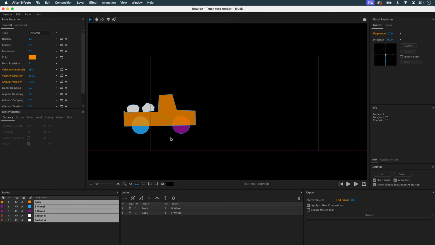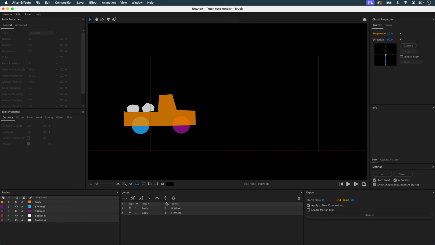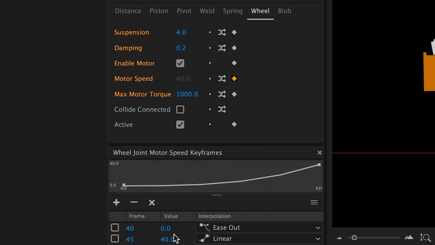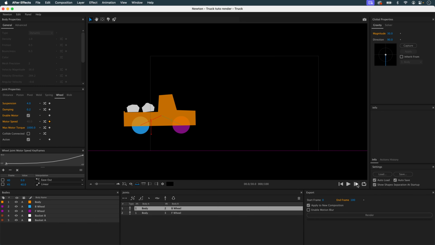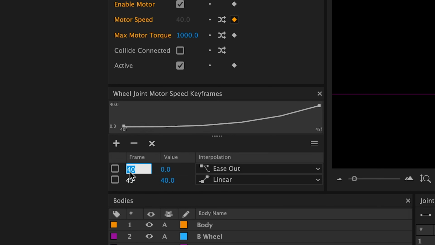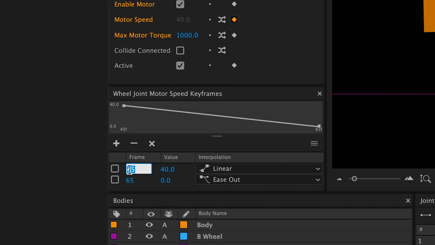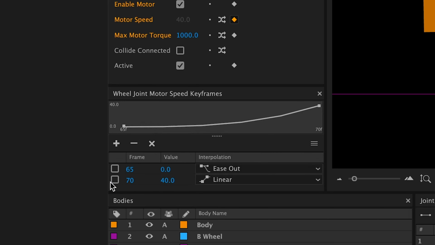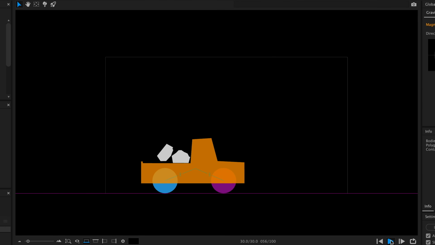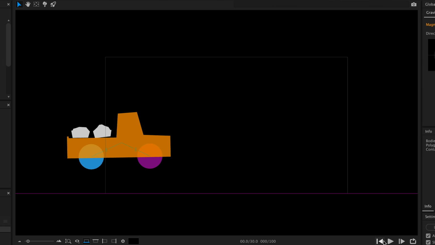But I need to change the moment when the engine starts. So I'm going to take my speed here. And then I'll put it a little bit further. If I go back to my simulation, it should start from here, we'll say image 65. And then at 70. So here my engine is stopped until image 65 and at full speed at 70. Yeah, right.